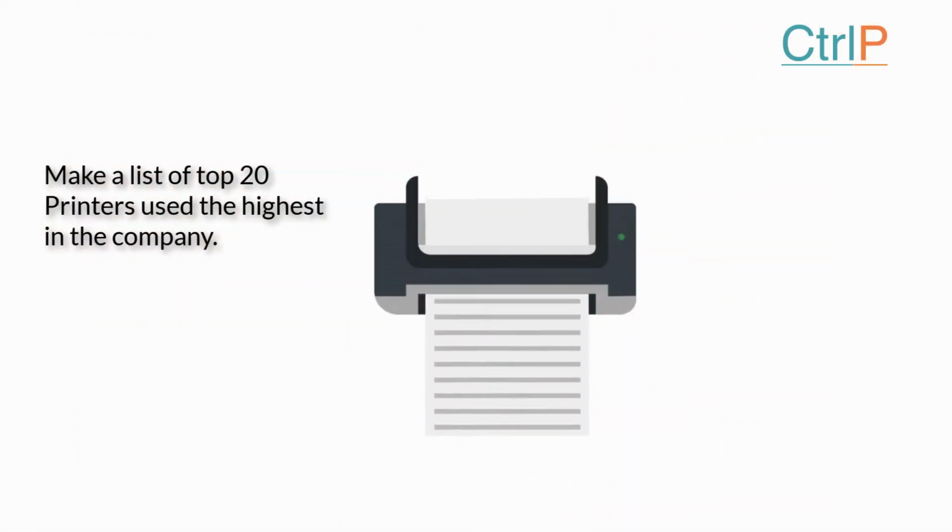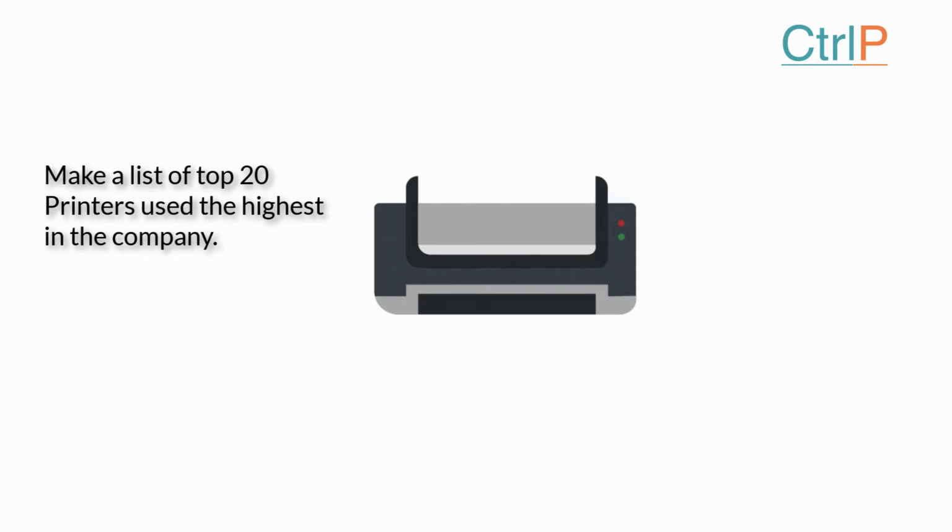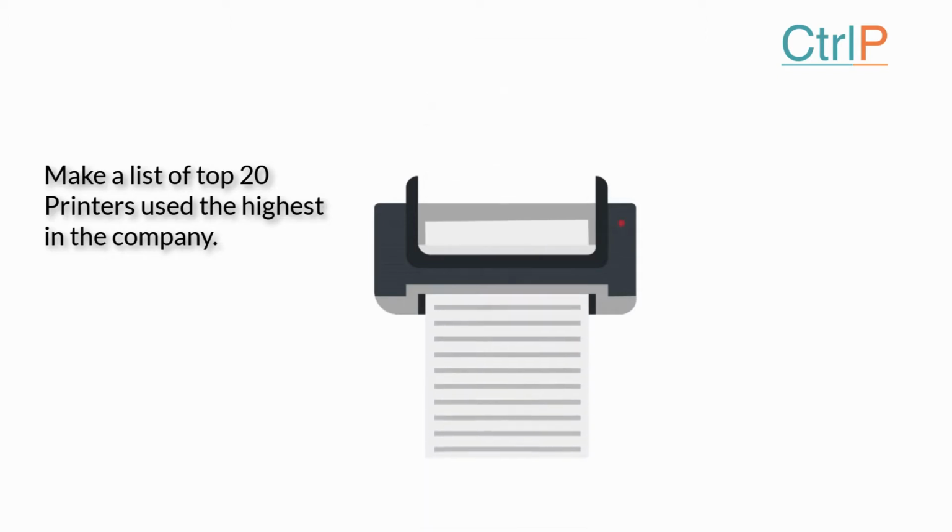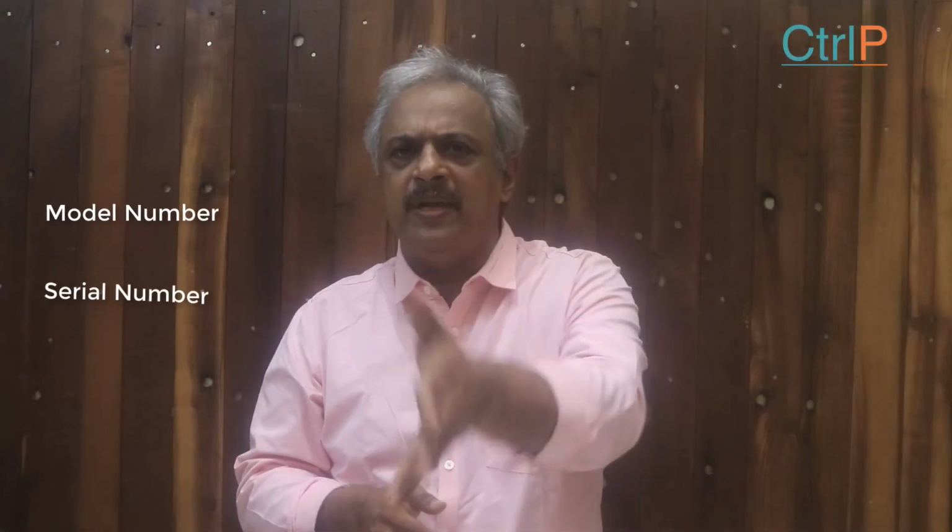Now there are various means of doing it, but one of the simplest means of doing an audit of your existing vendor is, first, get a list of your top 10 or top 20 printers which are being printed more and more. Make a list of those printers with the model number, serial number and number of pages printed for the preceding month. Now get a key IT or an admin guy to visit these printers before the month end, before the vendor is taking the page counts of these printers. Right? Ask him to take a page count, put it in an Excel sheet and keep it.